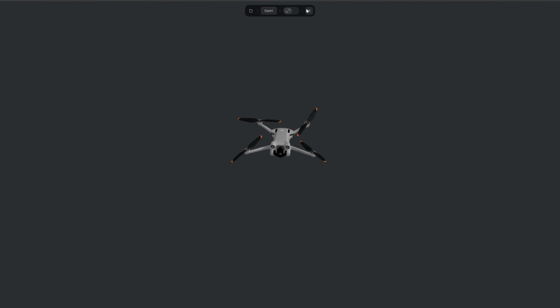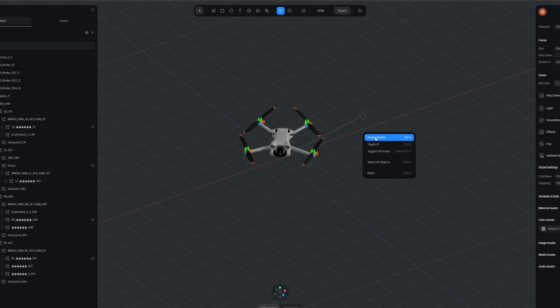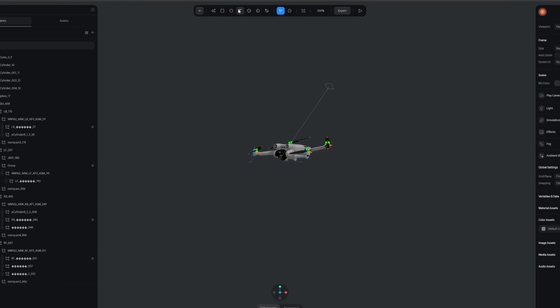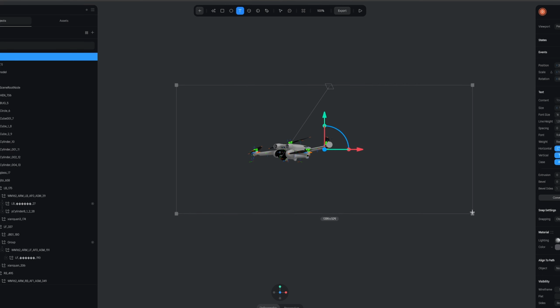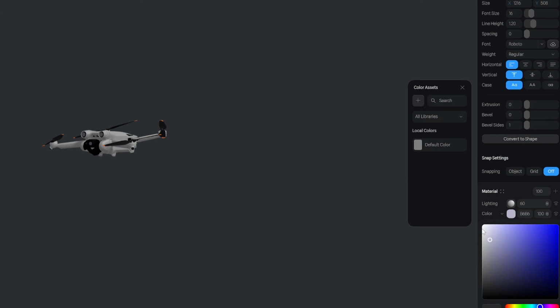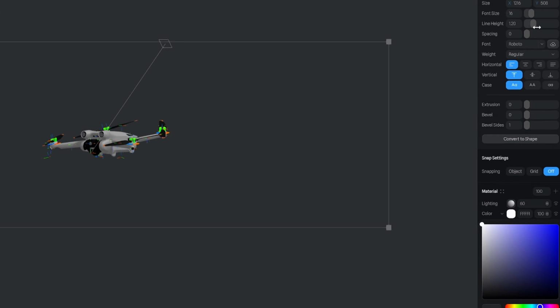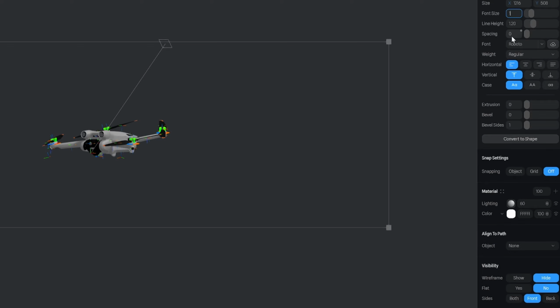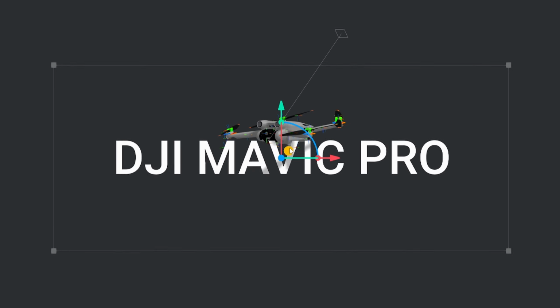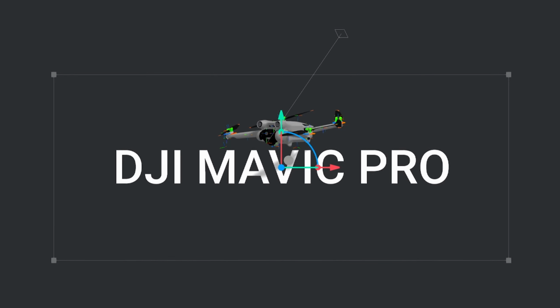Now that we got all the wings working, we can add a text in the background. So let's reset the camera. We'll go to the top here, select the text tool and drag this out. I'll select a color of white here in the panel and also increase the font size to 100. Now I'm gonna align the text right below the drone like that,